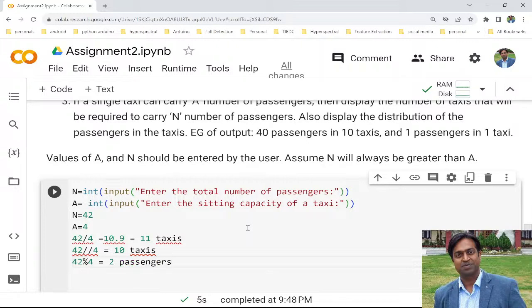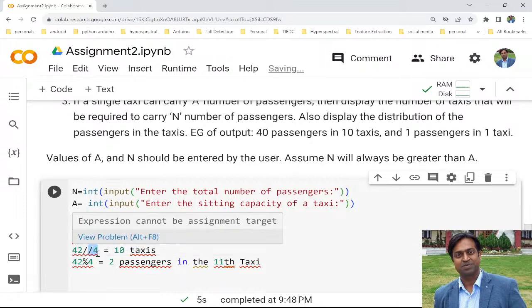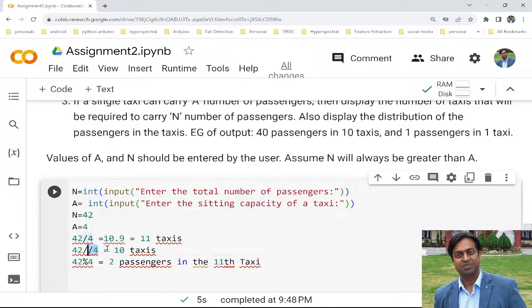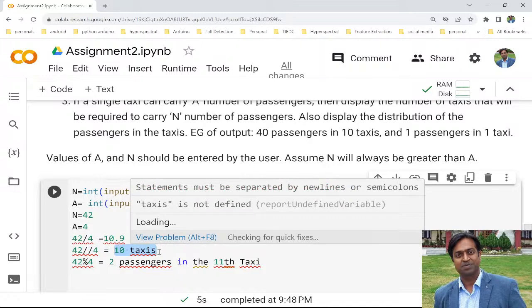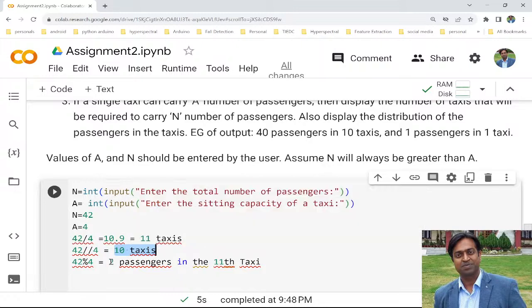And who are these 2 passengers? These 2 passengers will go in the 11th taxi, right? So now it means we can get the distribution. In the 10 taxis, how many passengers will go? This number is as per the capacity of the taxi. So in these 10 taxis, 40 passengers will go, whereas in the 11th taxi, 2 passengers will